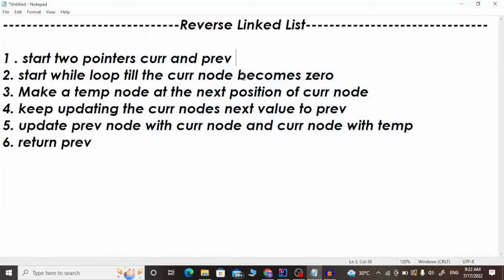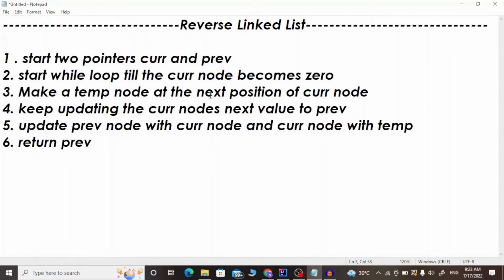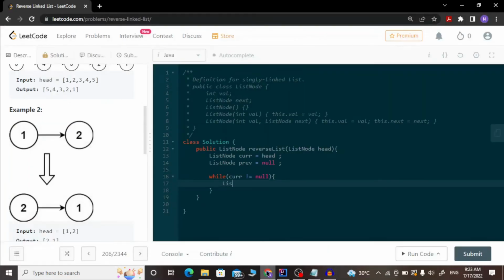The second step is that we have to start our while loop and iterate till our current node becomes null. So I will say while our current node is not equal to null, I will make a temporary node and point this temporary node to the next position of the current node. So I will say ListNode temp equals current.next,